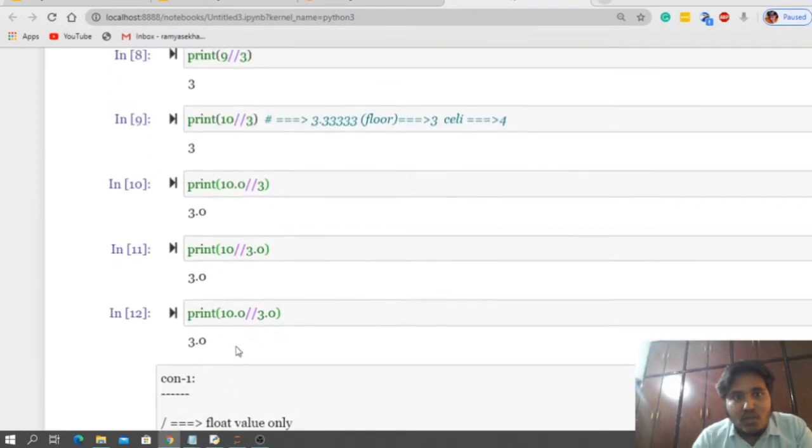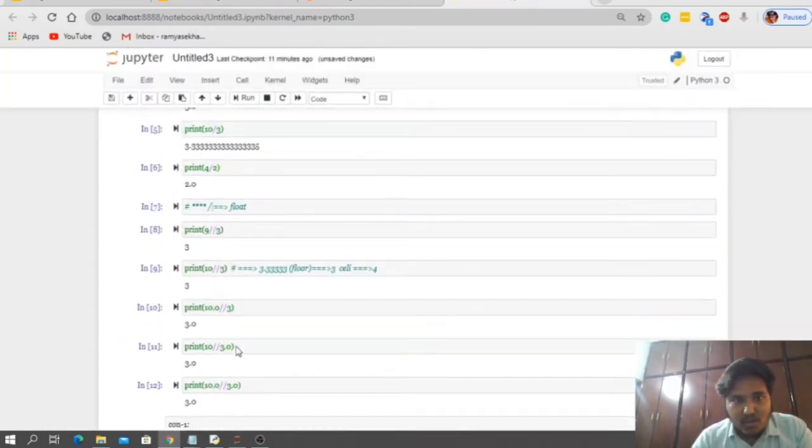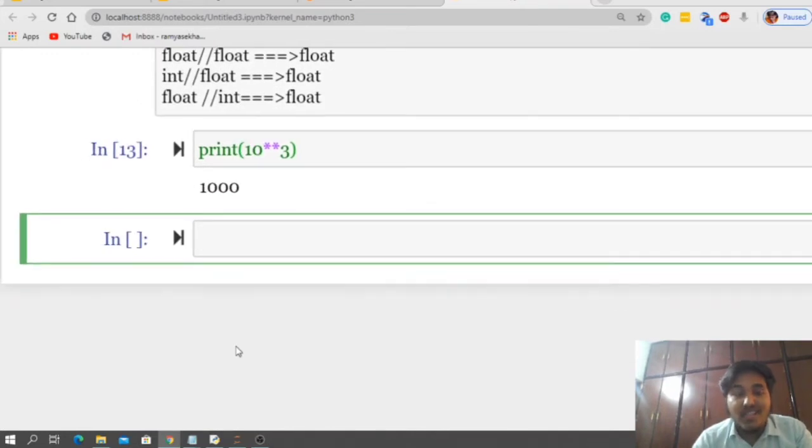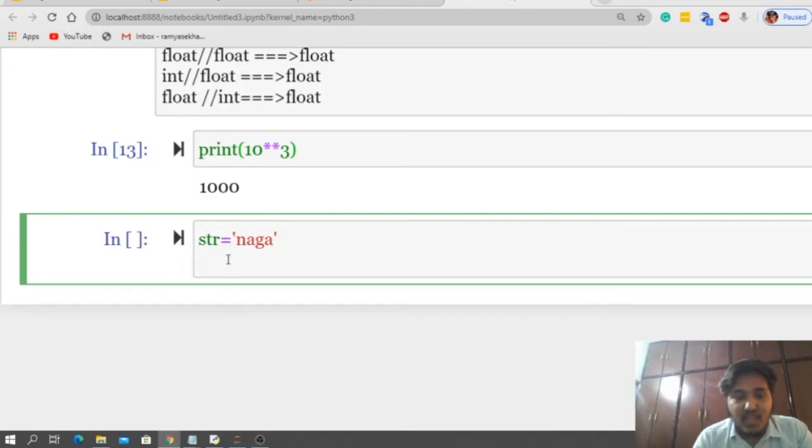Now let us move on to the second conclusion. We had talked about the first conclusion. Now let us talk about the second conclusion. So let us take one string. Let me take the first string as Naga. The second string is Shekhar.